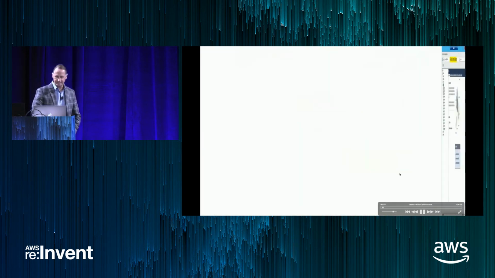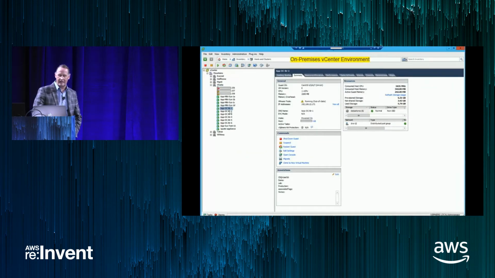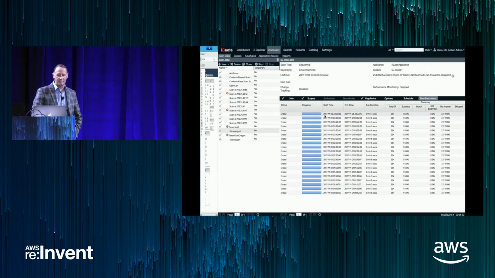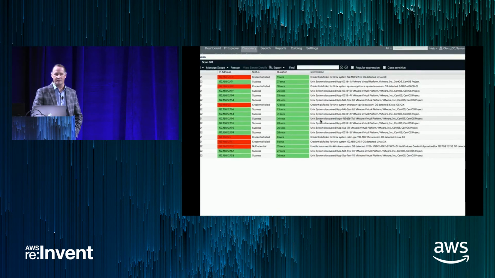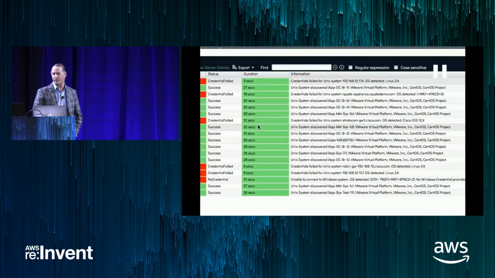Okay, so we're in a vCenter environment here in the lab. We're going through and you see what we have, a number of virtual machines. We don't really know what these are from this view. We've now gone over to iQuate. It's doing an agentless discovery. So this is an agentless product. There are agent-based products as well.